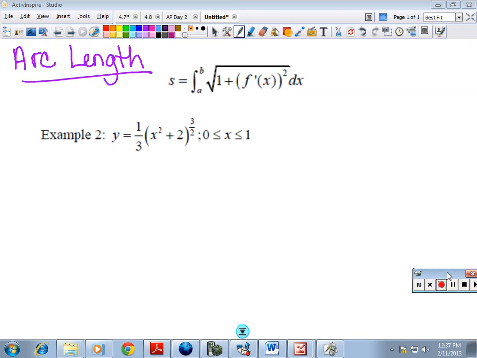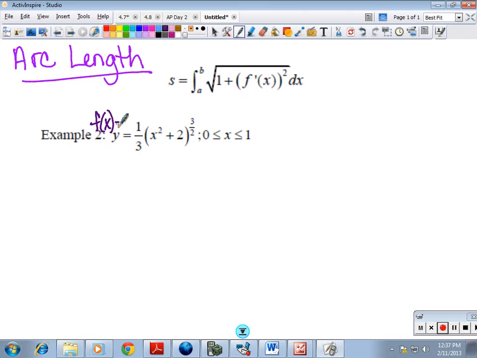Alright guys, today we're doing arc length and we're going to do example 2. And remember our formula for arc length is S equals the integral from a to b of the square root of 1 plus f prime of x squared dx. So the first thing we need to do, if this is our f of x, is we need to find